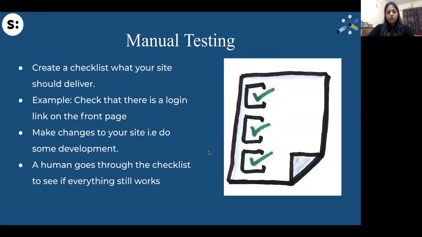So moving ahead, with one example, the difference between what we do in manual testing and what we do in automated testing. What we are checking here is whether there is a login link present on the front page of my application.